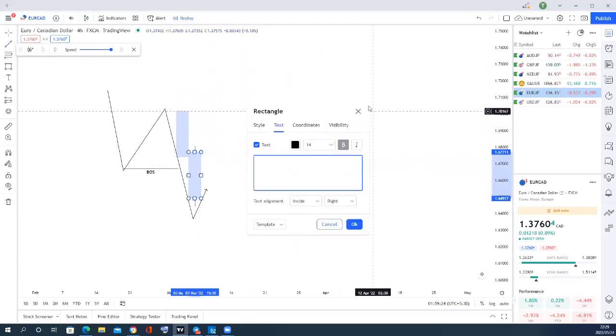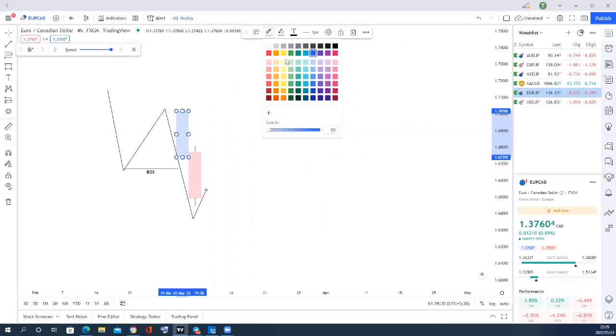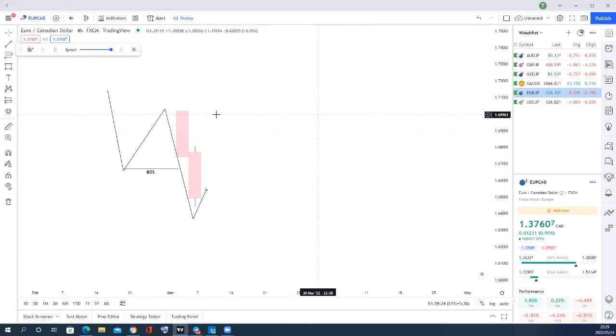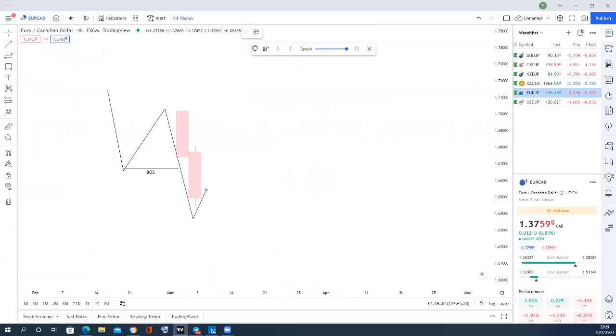So like I said, the breaker block. What happens is that since the market will be breaking that level with such movements, the market will have to come back and test the level. Instead, the market has to do what? It has to come back to this level here. Let me just put this here. The market will have to come back to this level, test it, tap into it,